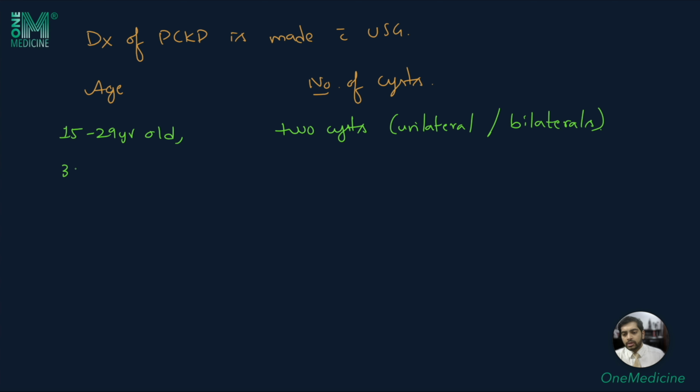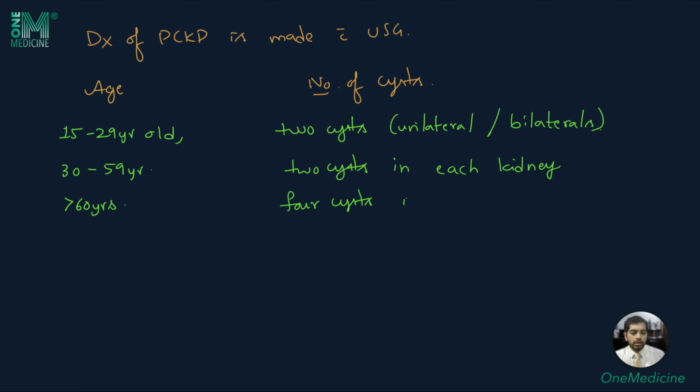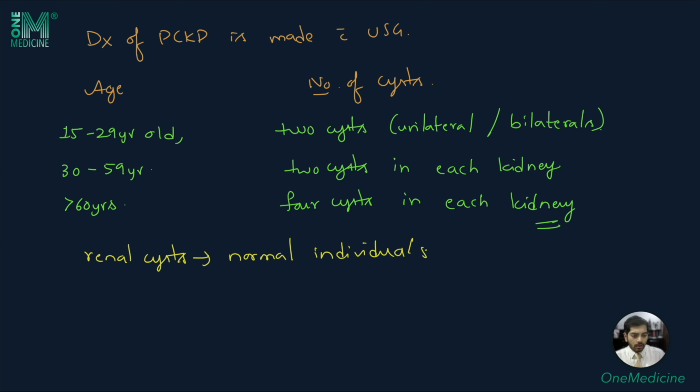diagnostic. Patients from the age 30 through 59 years should have 2 cysts in each kidney to be diagnosed as ADPKD. Patients above the age of 60 years should have 4 cysts in each kidney to be called PKD. Renal cysts might be seen even in normal individuals, especially in chronic kidney disease patients, and hence the criteria should be matched to diagnose polycystic kidney disease in the